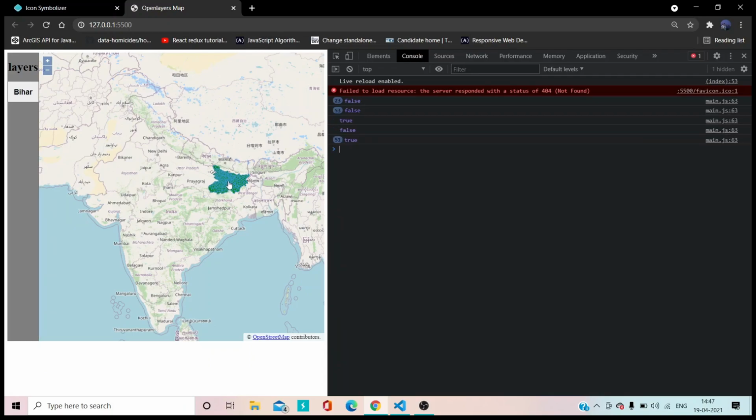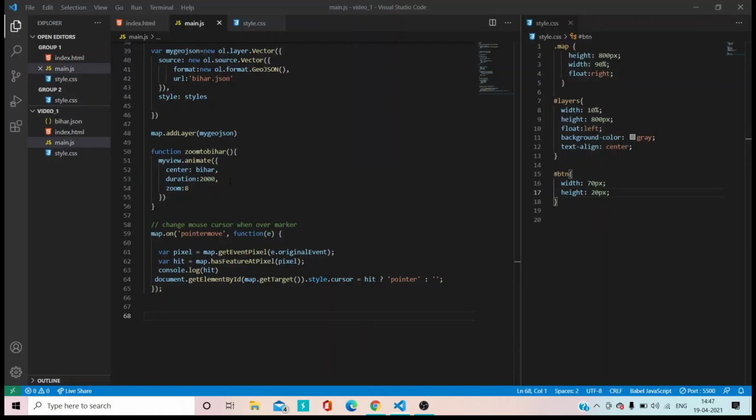You can see on the console.log, if I come out, it is false, and then come here, then it is true. It means that hasFeatureAtPixel is returning a boolean value, either true or false. If any feature is there on the map, it will return true, or else false.